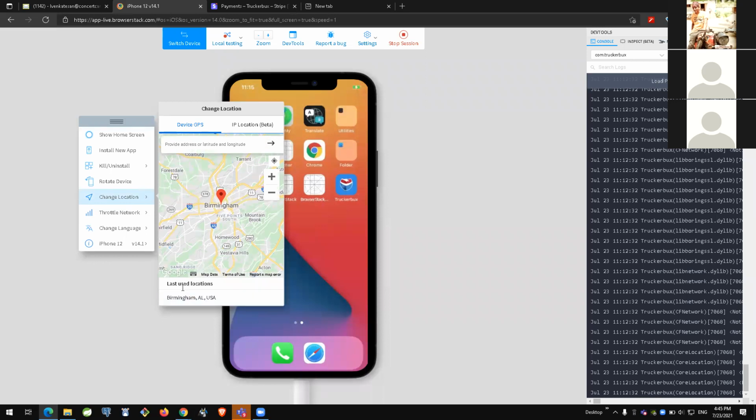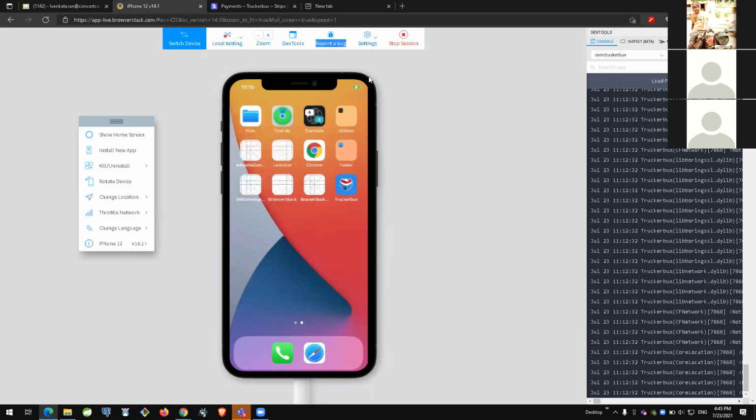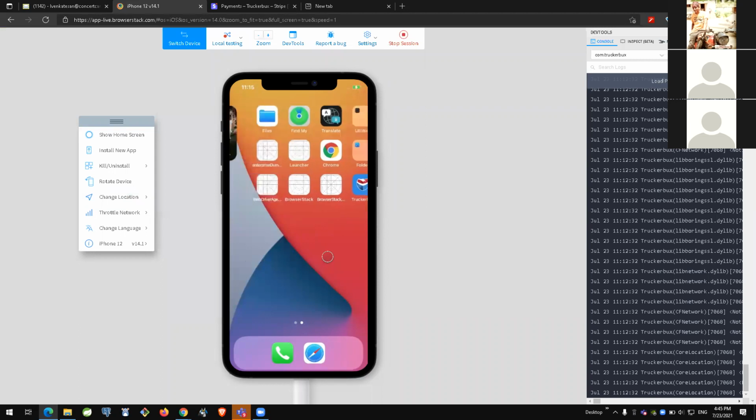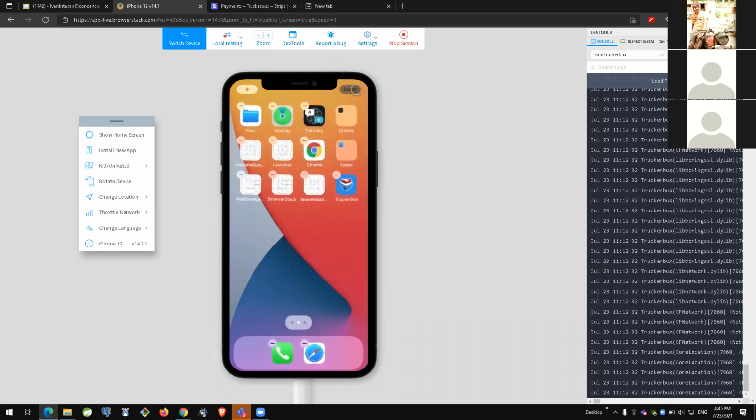I have currently logged in and I wanted to check the location Birmingham, AL. I checked that one, and I selected this one. So it will start simulating. Simulation has already started. If I wanted to confirm what my current location is, I can always go through that Google Map feature or find my device.